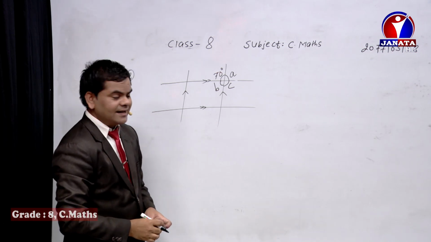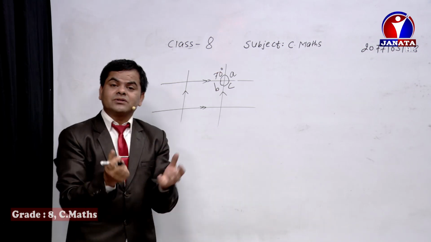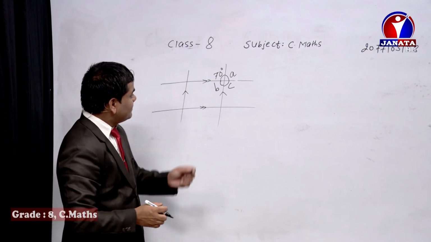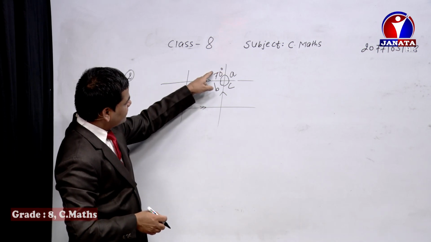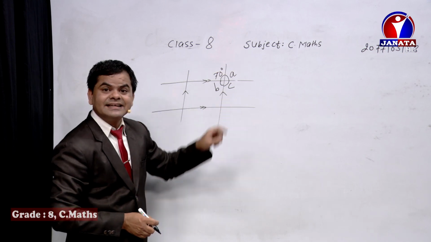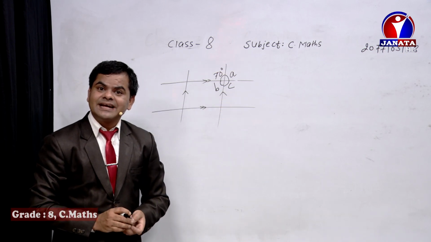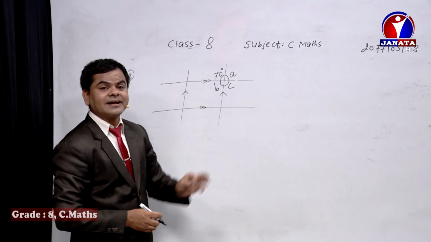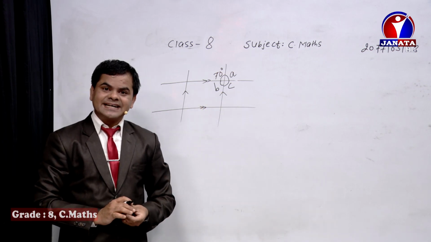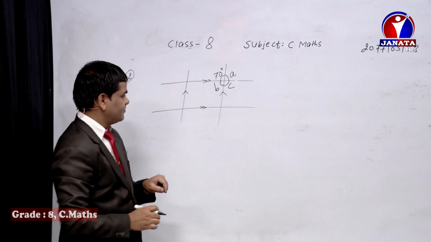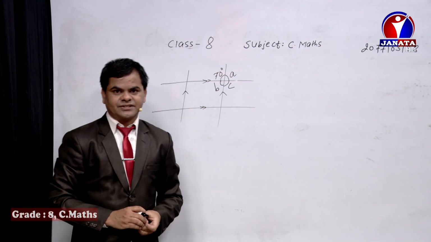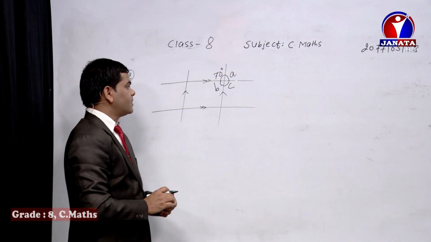What will it be? Rather than thinking about the long way of solving the problem, look here: 70° and C. What's the relation between them? They are vertically opposite angles. So C equals, directly you can write, 70°. Find that out by using the statement and reason. You must clarify the reason, dear students, while solving such types of questions.